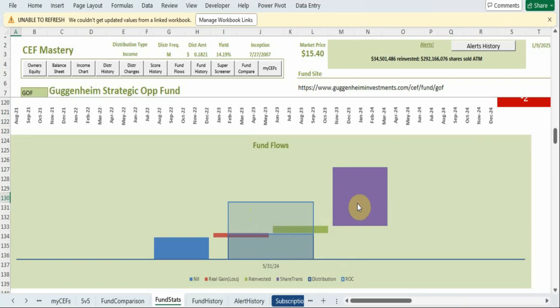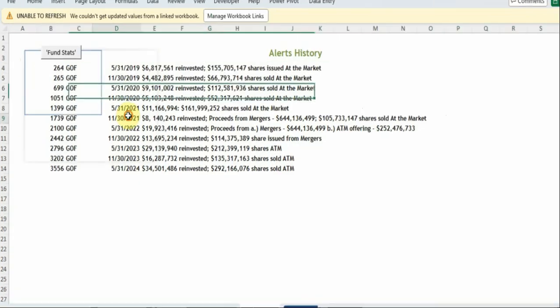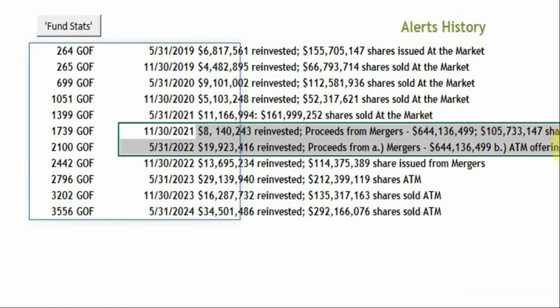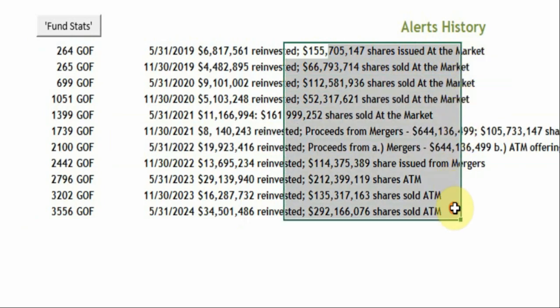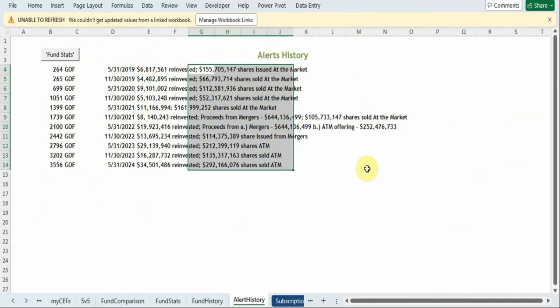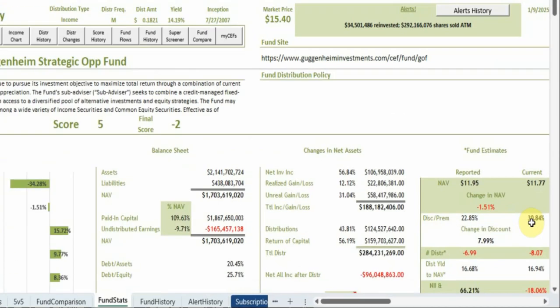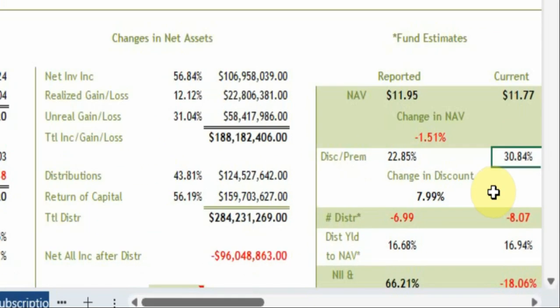If we see that's how the distribution is being met, then we want to know what procedure these new shares are being sold at. If we go to the alerts history page, other than the huge capital influx from the reorganization from mergers back in November of 2021 and May of 2022, the fund GOF frequents sales of its shares using what's called an ATM facility or at the market facility. And what this is, is funds being sold on the open market through a third party. And with a fund trading at nearly a 31% premium, those shares are fetching a pretty penny on the open